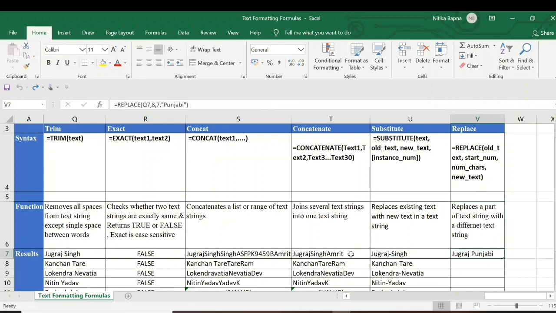So here, for example, I have Q7, the trimmed one only, the eighth, because Jugraj is 6 plus 1 space, and the seventh is Singh. So Singh is eighth. So my start number is 8, then the number of characters I have to consider is 7, which I have written. So in that, Punjabi is reflecting, Jugraj Punjabi, not Singh. So this is used only when you know the exact number.